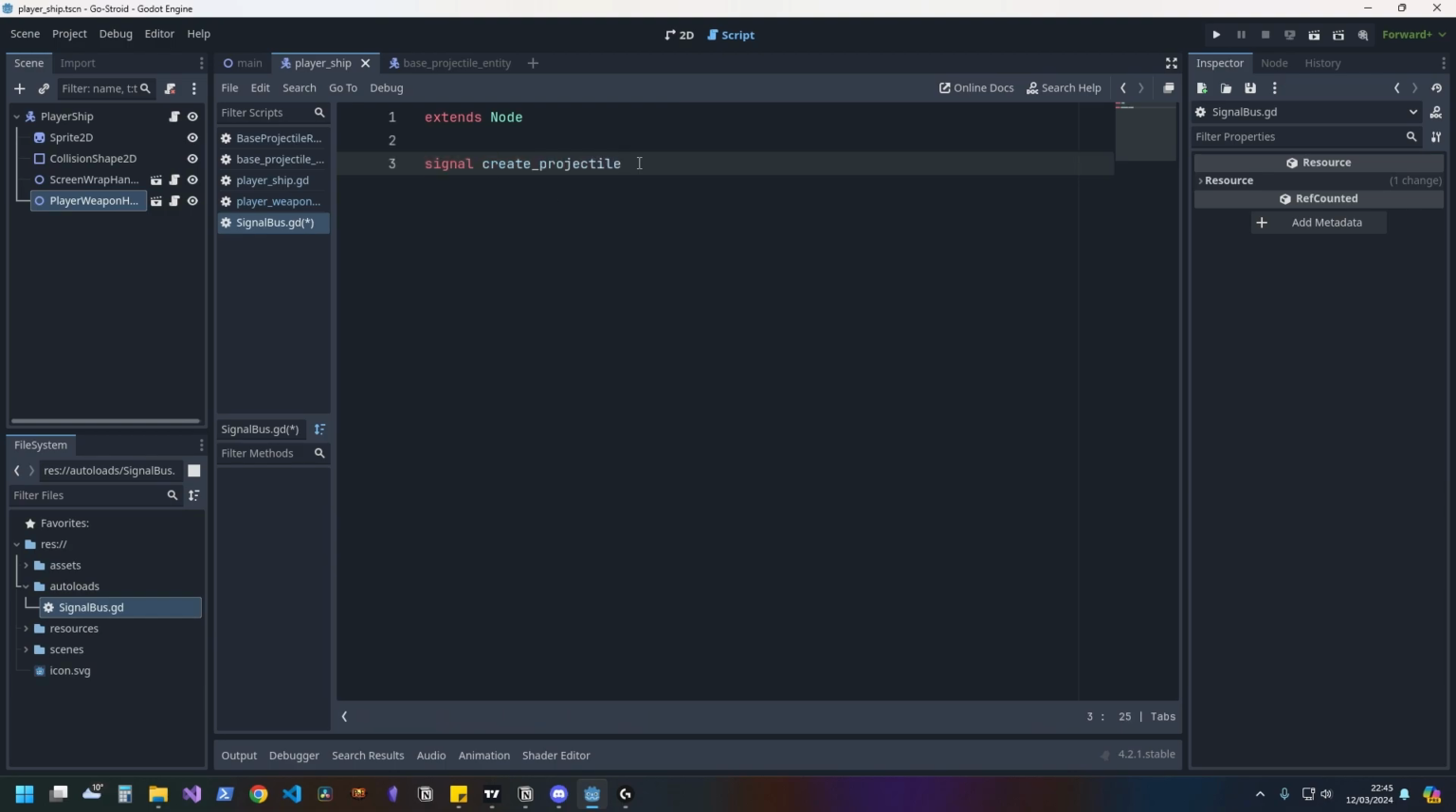So something will emit create projectile signal. The factory will listen to that create projectile signal, receive what it needs to take, and then build a projectile from this create projectile signal. To make sure that our signals can pass things through via parameters or arguments, we need to give it some parentheses. And now we need to give it a few specific